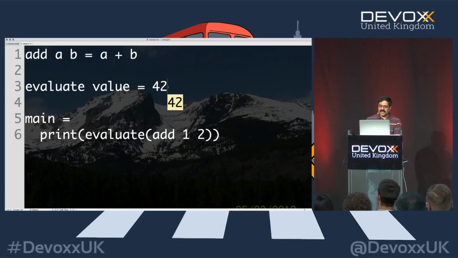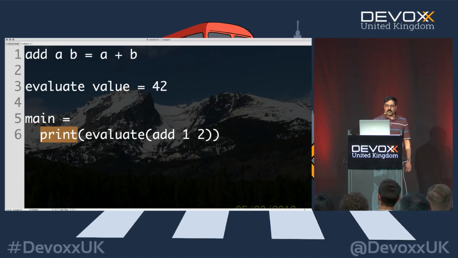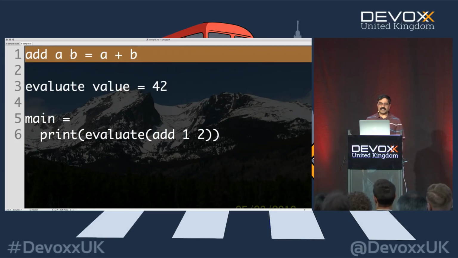Once again, you go to Haskell and say, Haskell, call add. And Haskell says, but why? Because I want to send it to evaluate. It says, well, then go call evaluate, don't bother me. Okay, call evaluate. It says, but why? Because I want to send it to print. Well, then go call print, don't waste my time. So now we call print, and within print it calls evaluate. Within evaluate, it simply returns a 42, discarding the value itself. So calling the add method would be a complete waste of performance and effort. Why bother calling it? So when I run this code, I'm going to tell you that add was never called.